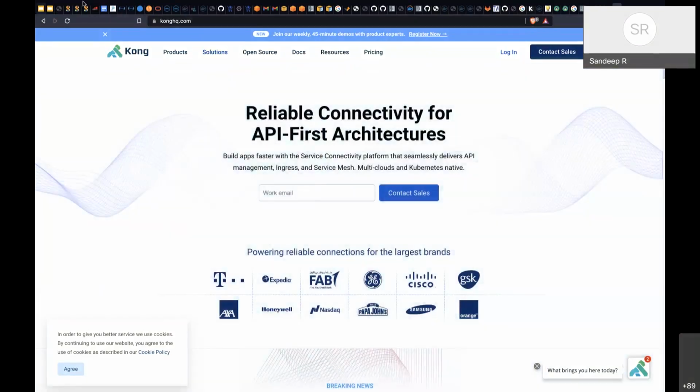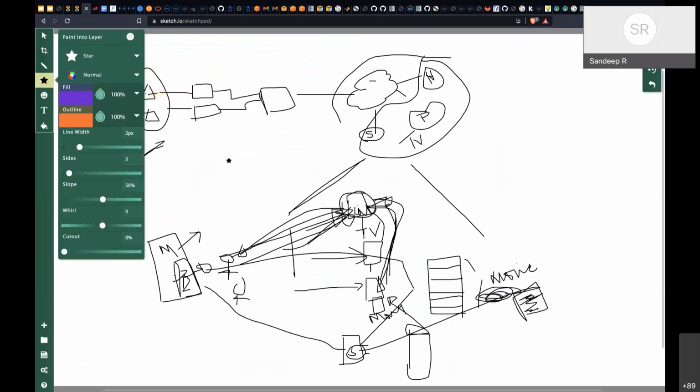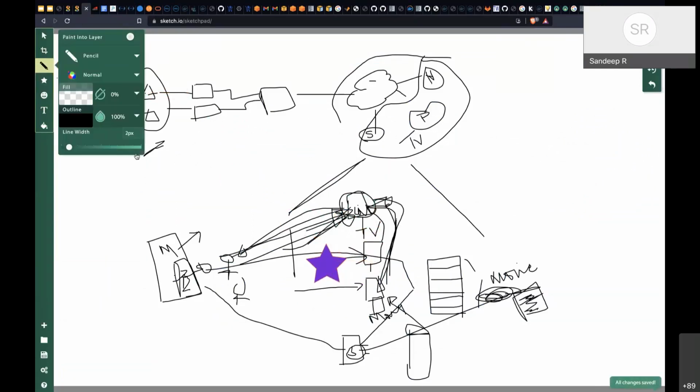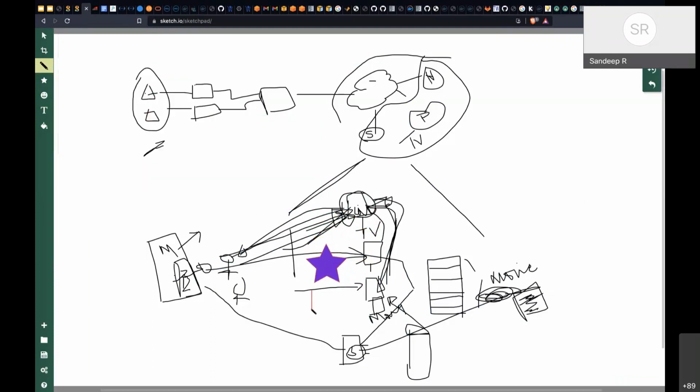Now, what happens if I want to introduce Kong? Again, I'll use the star as Kong. I want to introduce it somewhere here, so that all requests going into these servers go through Kong. It's very simple. You bring up Kong as an NFV in some compute, as a Docker or something like that. Then you program all the servers to redirect the traffic first to Kong. Instead of talking directly to each other, everything goes to Kong and Kong will manage. So that's how it is.